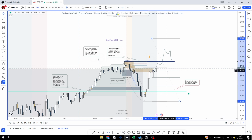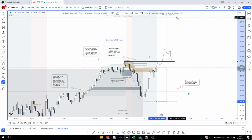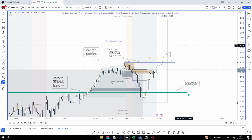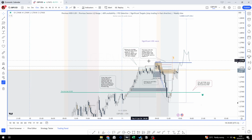However, the one thing I do want to highlight is the fact that we will need to take into consideration how far we've moved in terms of the daily range. If we move 75% or more, then I'd question whether it's actually worth taking the continuation. It's also a Thursday, so there's a chance that